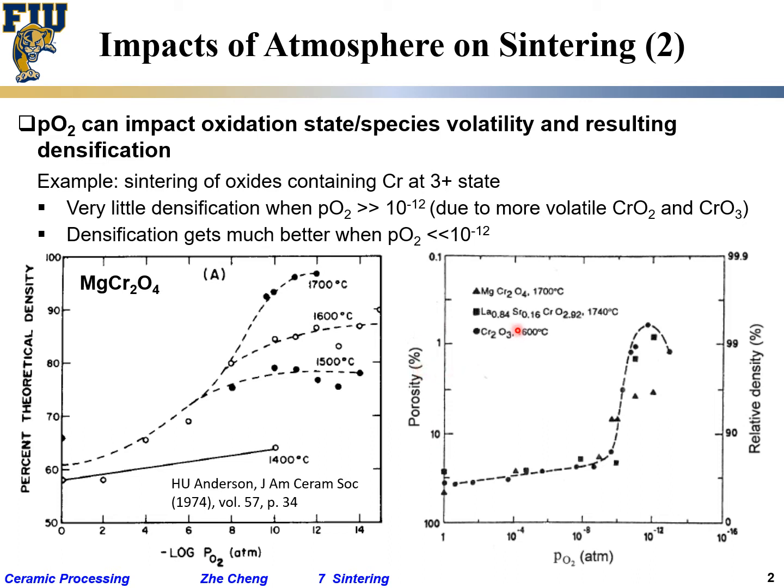Okay, and then here we are looking at 3 different materials, but all these 3 contain not only oxide, but look at what I'm pointing: chromium, right? We are looking at 3 different materials, but all contain chromium. The triangle is one material, the square is another material, the circle is another material. But you see, they pretty much follow the same trend, which means their densification is pretty much determined by the species that is chromium oxide.